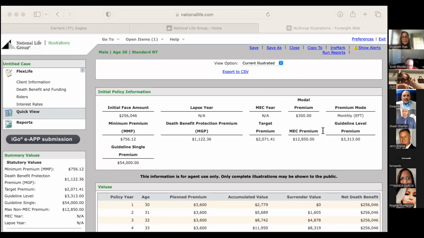Okay. And then here is another illustration. It just kind of gives you a hypothetical number. Like if he was to be the age of 69, that's how much he would have in the cash value. And then it goes up, as you can see. And then also the amount that pays out if he becomes ill. And then the rest, the illustration basically tells you how the money is